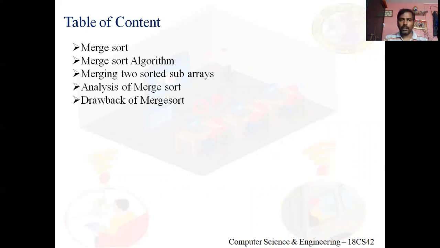If there are 8 elements in an array, and that array is to be sorted using merge sort, then I will divide that array into 8 subarrays. Got it? Each subarray with one element. Then I have 8 subarrays, all with one element, which means all of those subarrays are sorted. So they are nothing but a solution. Next comes the merging phase. I'll tell you how to merge.